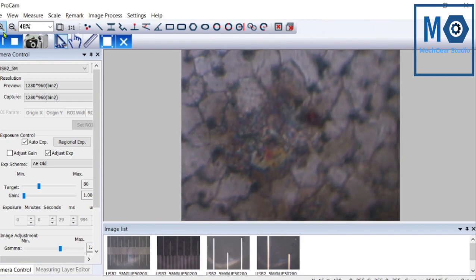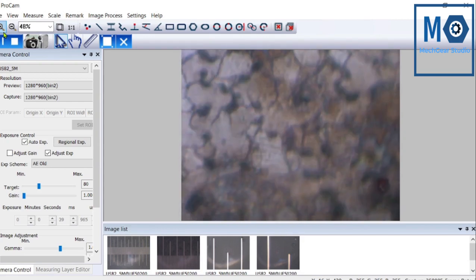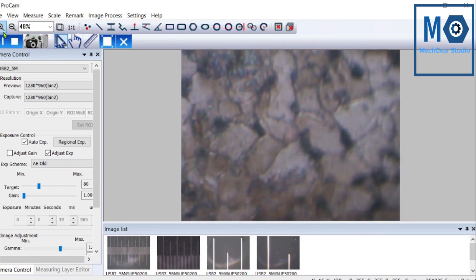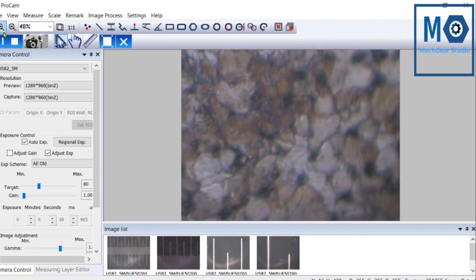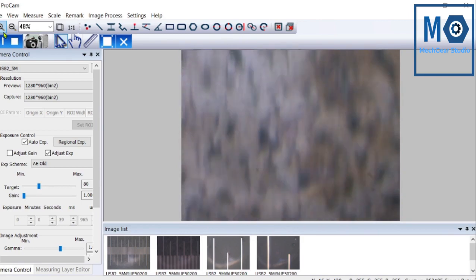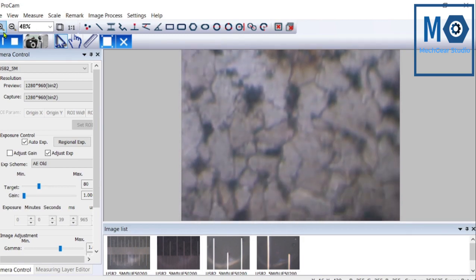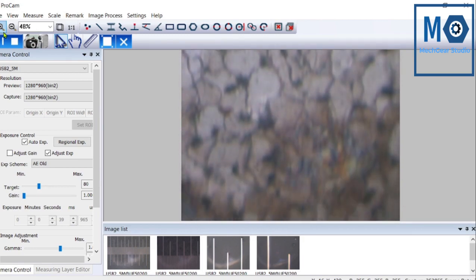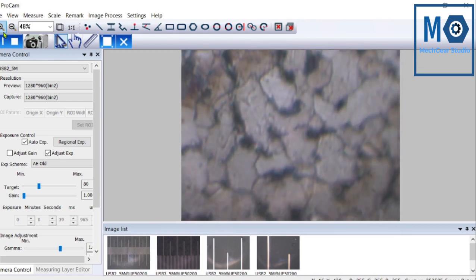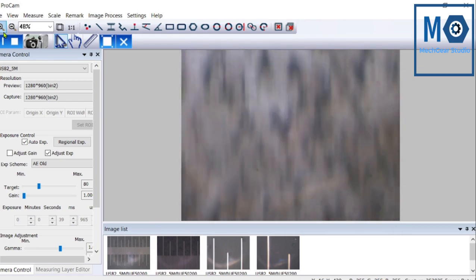Here the area of the specimen is very large as compared to division available on the slide. So right now I am moving horizontally by using the horizontal movement knob.